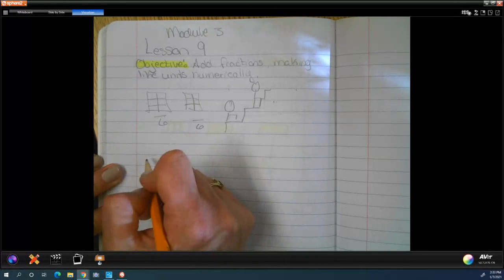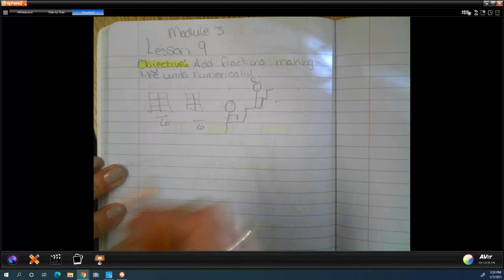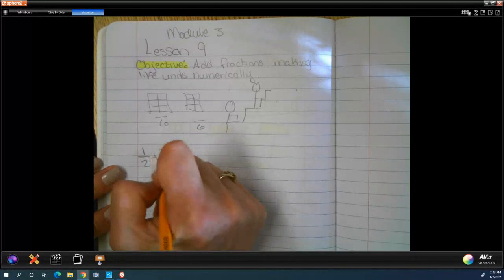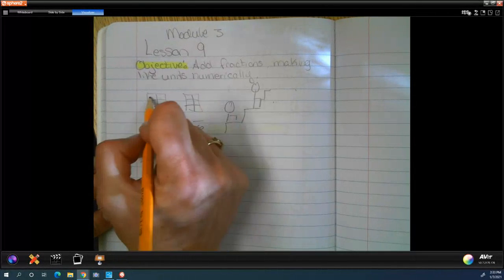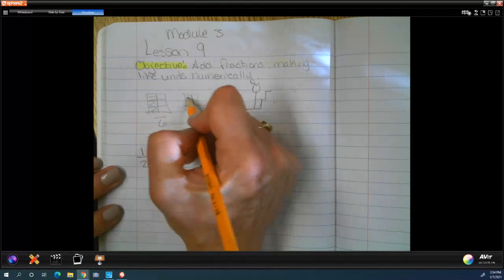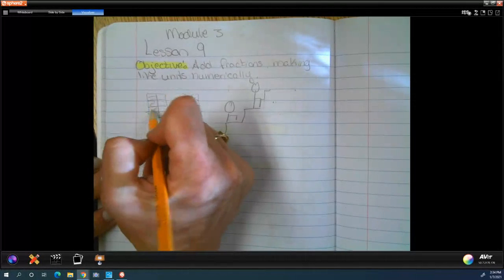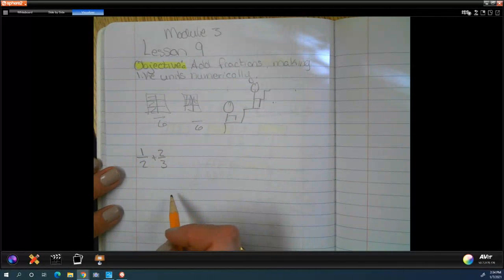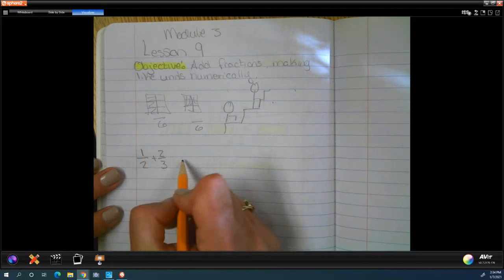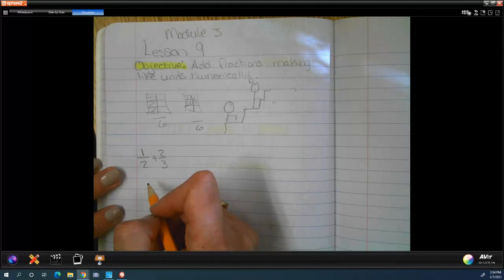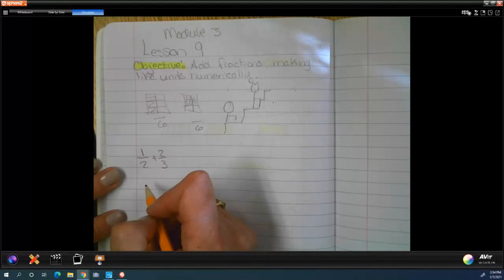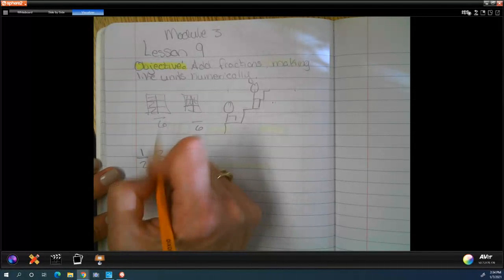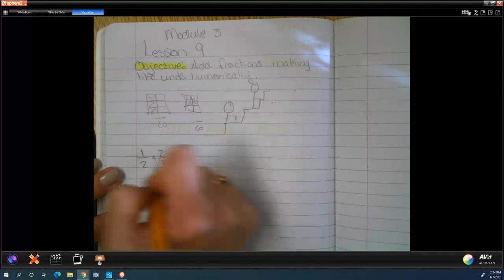So let's start with this one that I'm kind of showing you right now. 1/2 plus 2/3. Now, that would be this one, right? Originally 1/2 plus 2/3. That would have been 1, 2, 3 plus 1, 2, 3, 4, right? But I want to show you a couple of different ways that you can do this, okay? First thing that you can do is you can understand that in order to make like units, you can multiply these two things by each other,